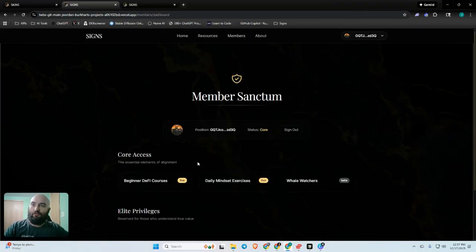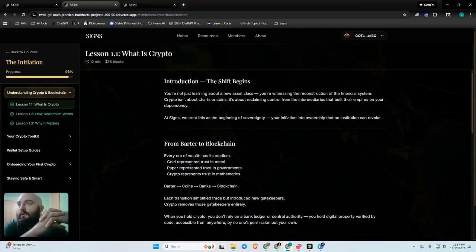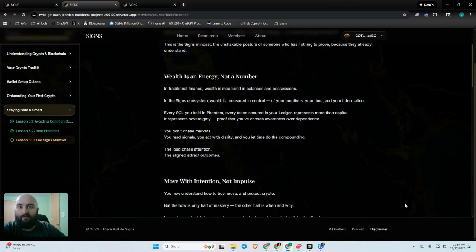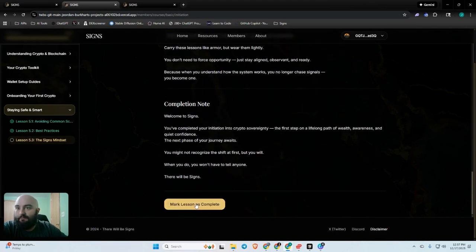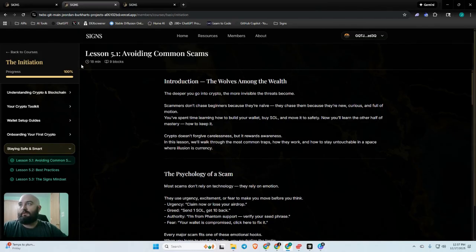But whenever we go into the courses now, let's just go to begin initiation. Now you can see, here's what the courses look like now. They're built directly into the site. You can go through and complete these and check your progress. So I'll just mark it as complete, and then boom. So now I'm completely done with the initiation course. But you can go through each of these,